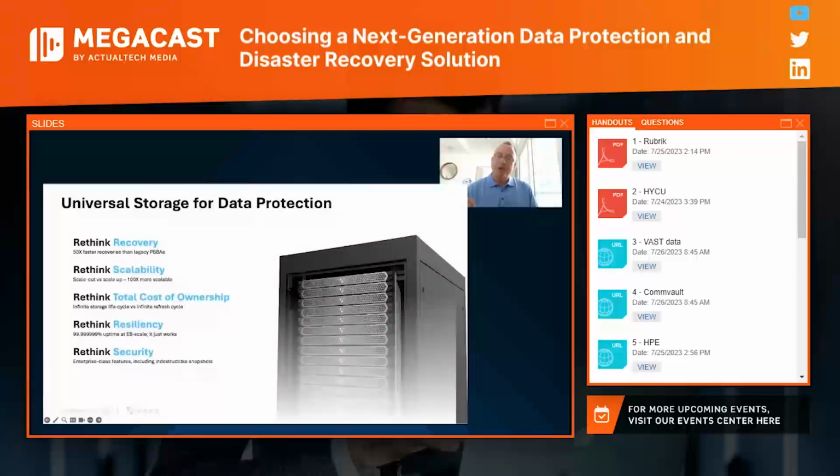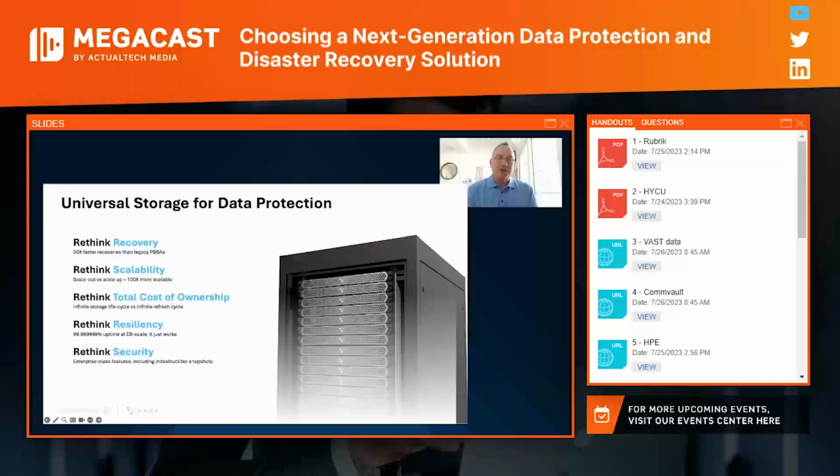The problem with those systems is they all come with a compromise. Let's face it, it's pretty much price versus performance, scalability issues, reliability issues, as well as that TCO wrapper that makes for a data protection solution that could last for many years.